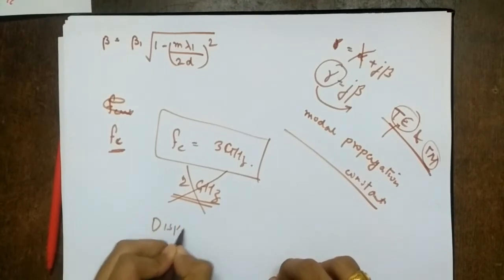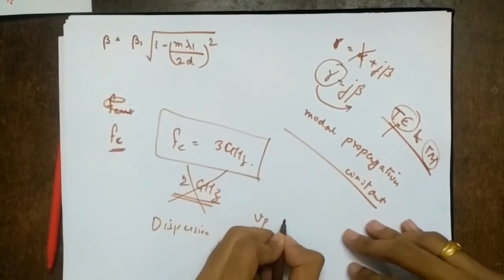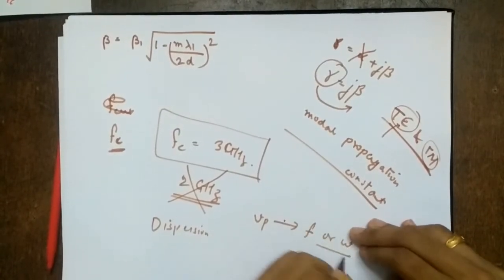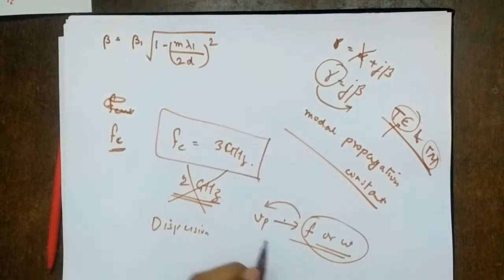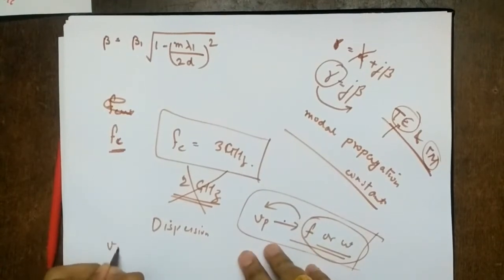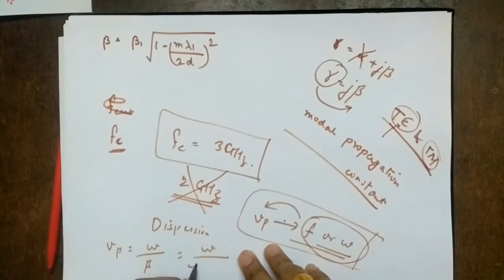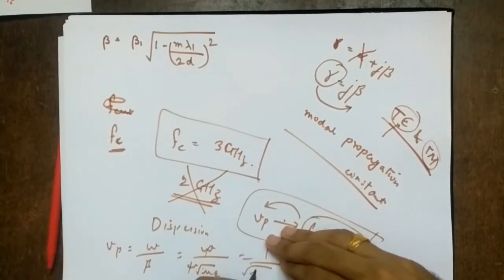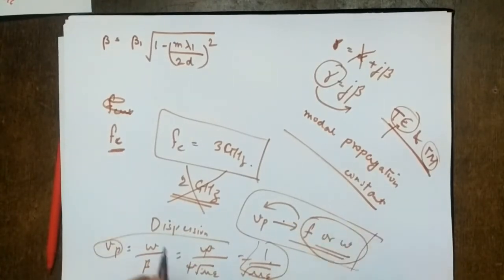Next we studied dispersion. What is dispersion? We said that the phase velocity was dependent on frequency, or omega. That is, when the frequency changes, the phase velocity changes. So a waveguide is a dispersive medium. For air, Vp is omega by beta, and beta is omega root mu epsilon. So omega gets cancelled, you get 1 upon root mu epsilon. So air is non-dispersive because it is not dependent on